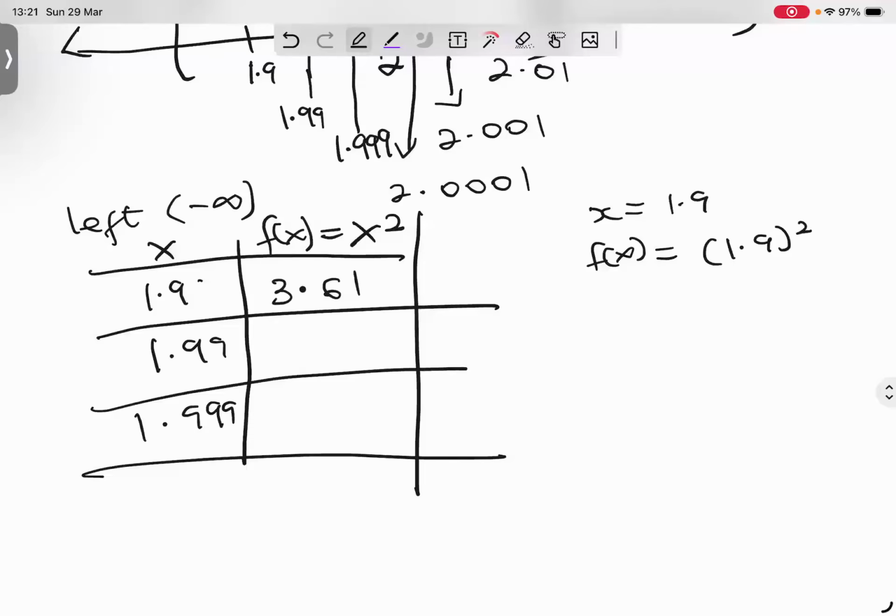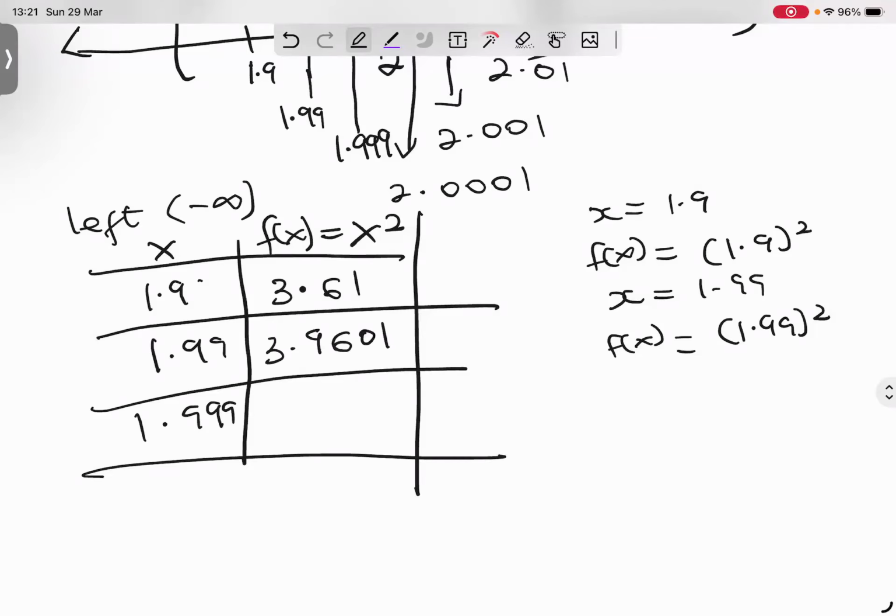Then we go to the next number. When x is equal to 1.99, f of x will be equal to 1.99 squared, that will give us